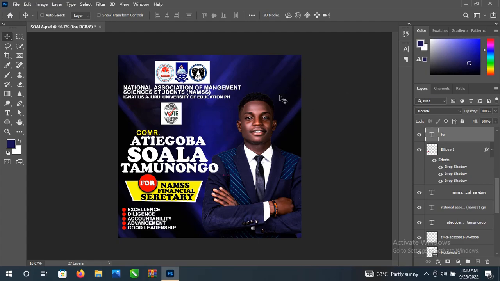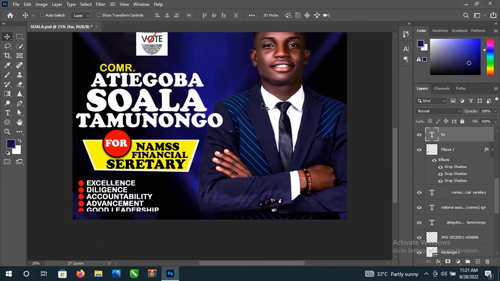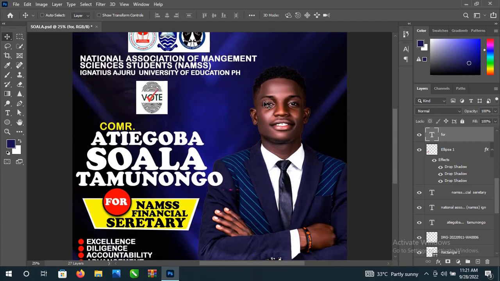Welcome to this tutorial. Now we want to learn how to design this political flyer. Let's zoom it a little bit. This political flyer, this school political flyer. So we are not going to waste much of our time on this. So quickly, let's open